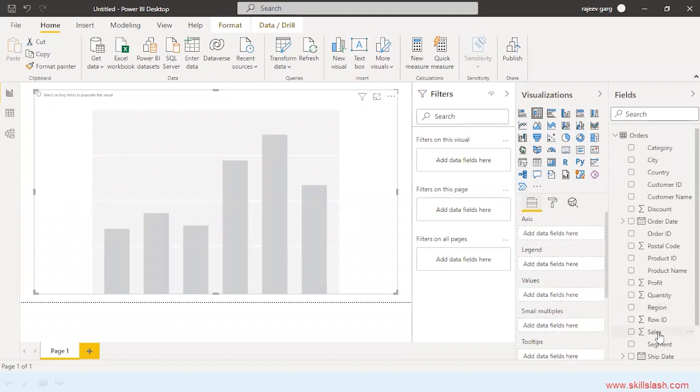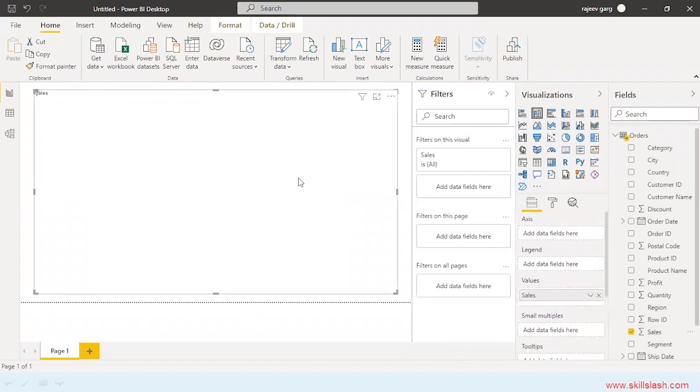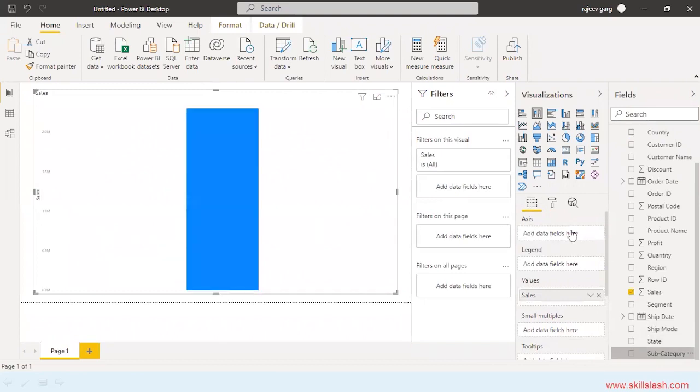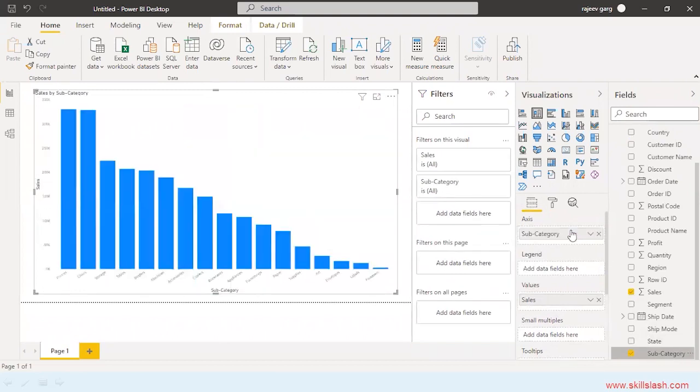So here in the column chart, I will take the sales into the values because I want to display the sales on the basis of, let me take the subcategory into the axis. So I'm getting the sales on the basis of subcategory displayed over here.